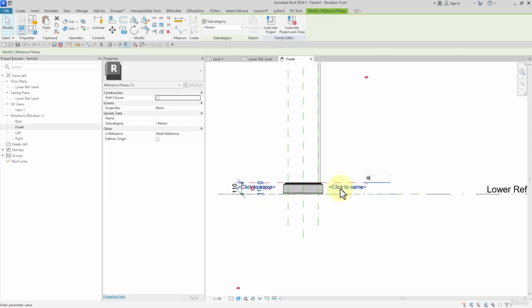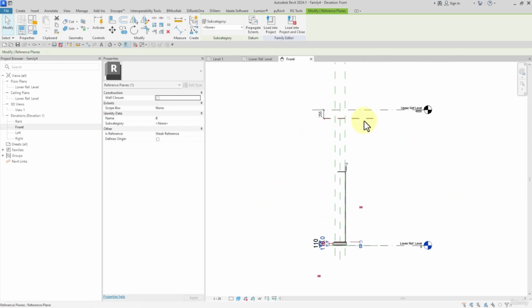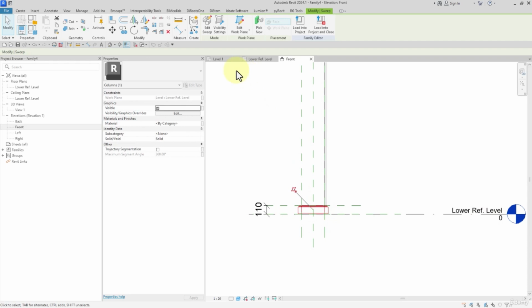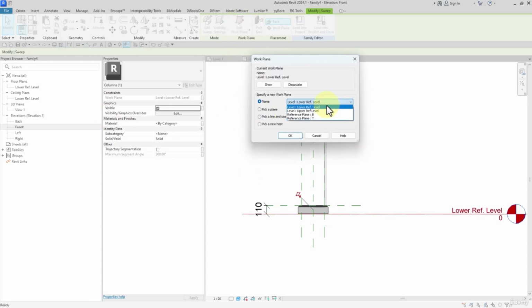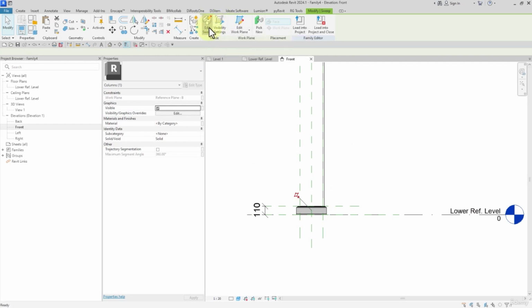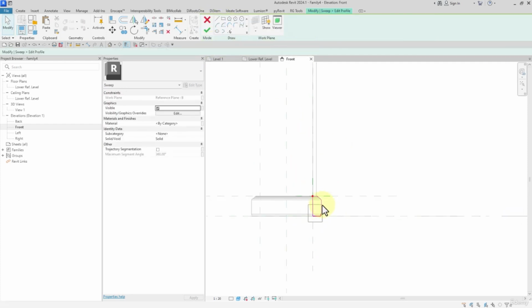Very well. I want to assign a name to this. I name it base, and I name this as T. Okay. Then I select the sweep here. I make a copy out of it, and watch this. Then edit profile, B,